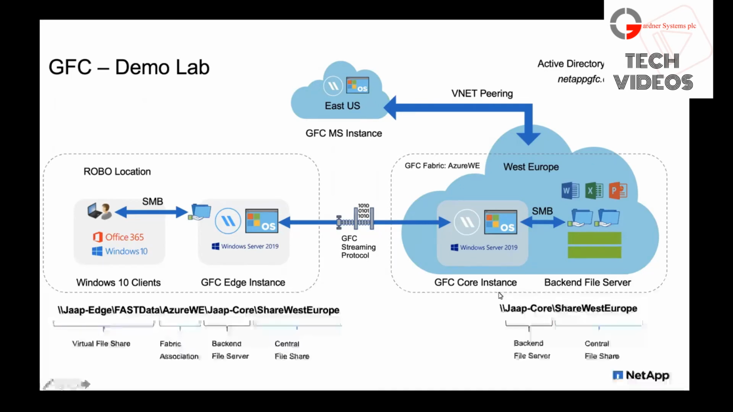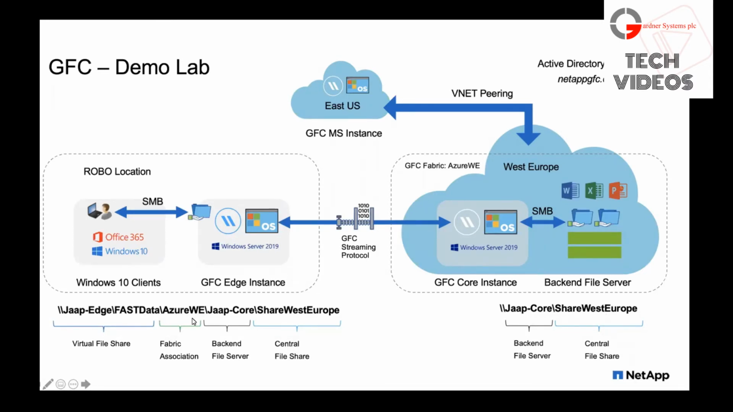see my backend file server happens to be Jaap-core/share West Europe. So what I've done is I designated the core instance to be a backend file server as well. Normally you would have a CVO instance, ANF or CVS, but in this case, I'm going to tell my core instance that the core is a backend file server with a number of file shares. So in order to access data directly into the cloud, you would navigate to the UNC path